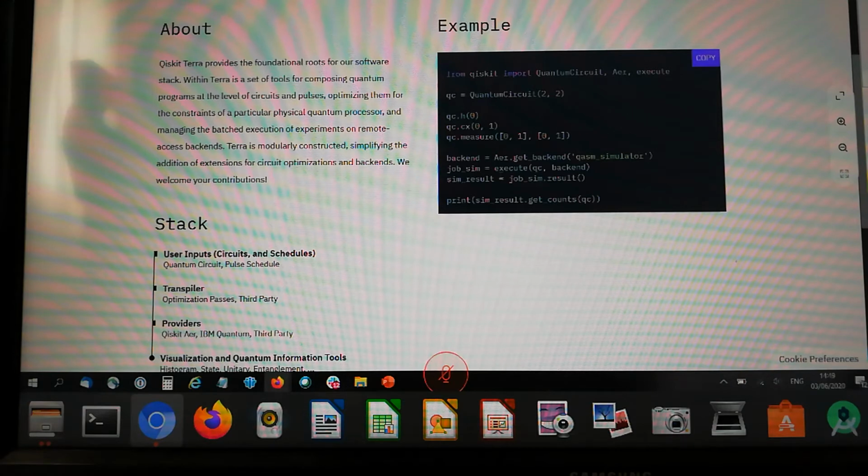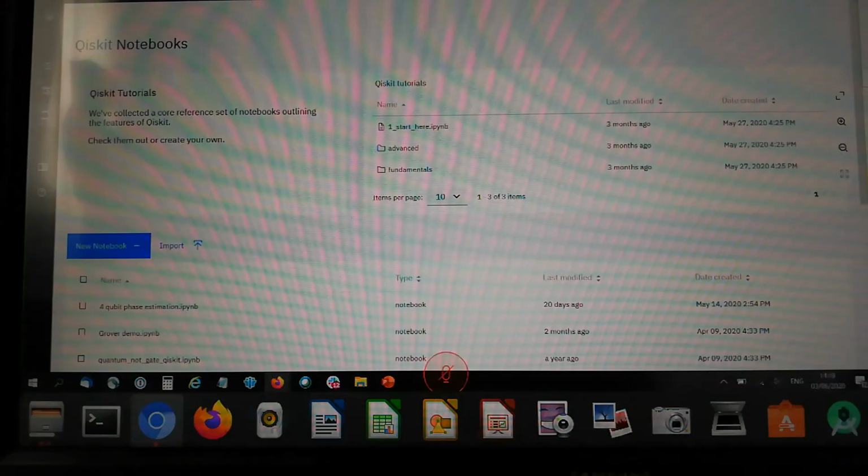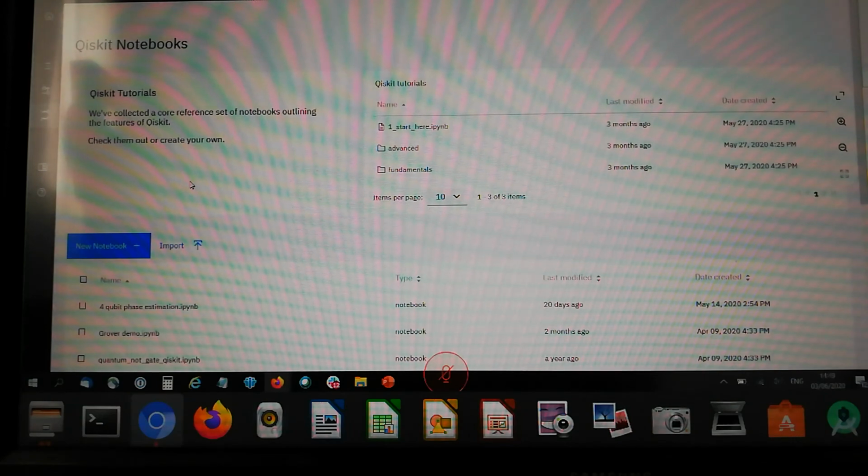Yeah, you can of course adapt the code to see what happens. You can copy and paste this into a qiskit or a Python notebook. Now the interesting thing is you can do this in the same environment as well. And there are a lot of tutorials already available to you in this environment. So the qiskit tutorials on the right here, you can just go to start here,